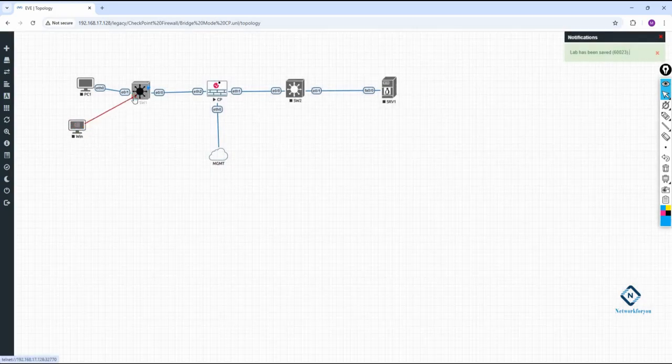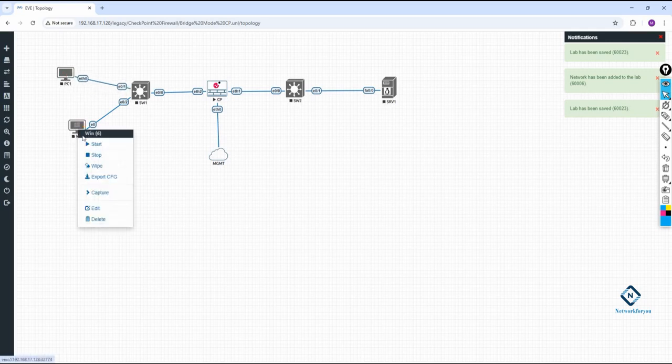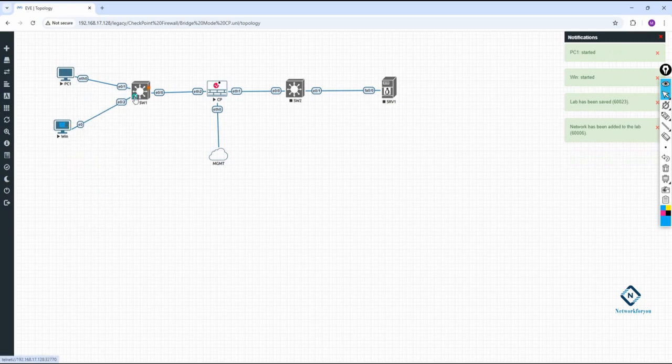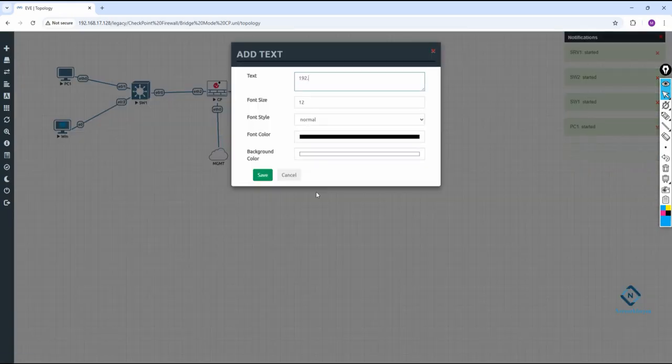I will connect this here, and we need to assign IP. Let me power on this device also, because I am using Windows 11. It will take time, so power on this device. We need to do the configuration here. So the same subnet we are using. So I will write here